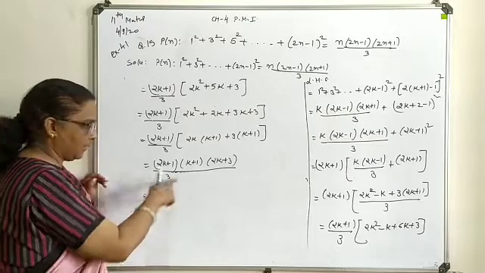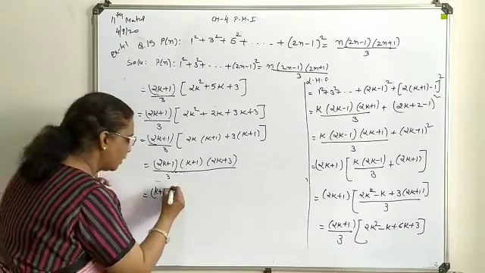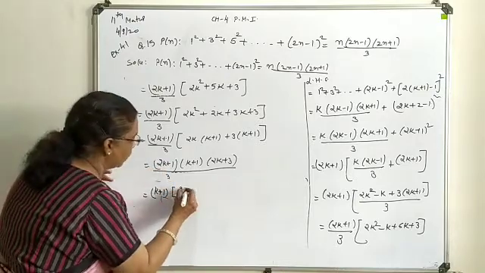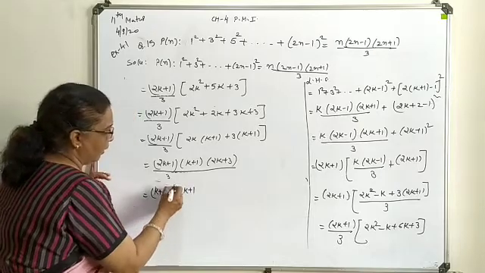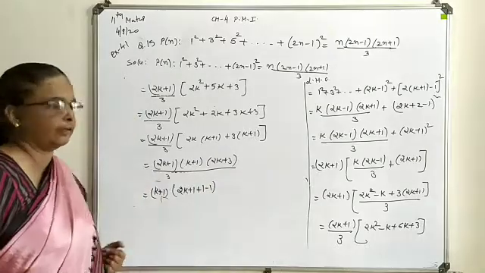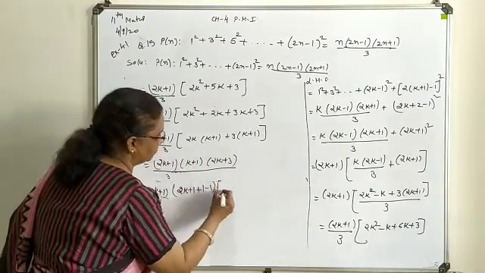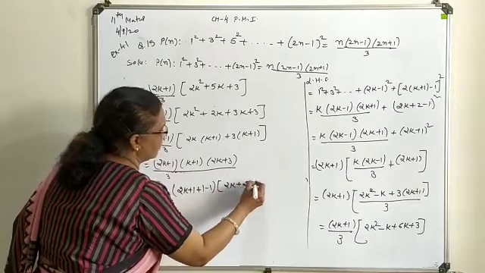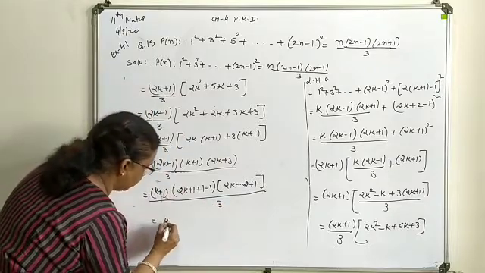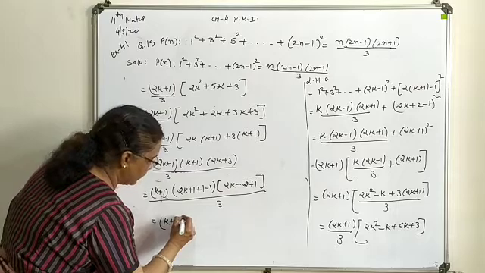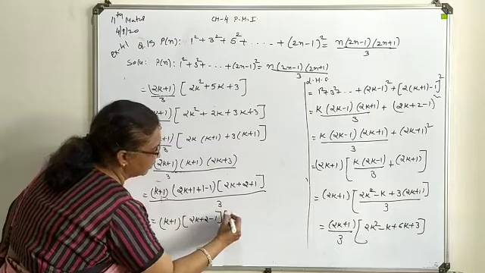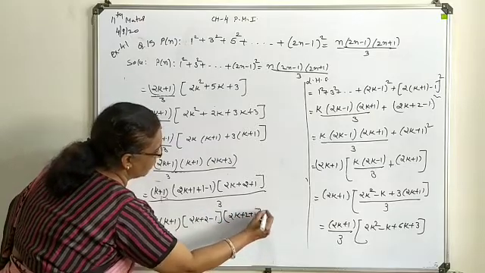So this is n, meaning k plus 1, this you will occupy at the first position. Secondly, this 2k plus 1 we can write, as 2k plus 1 is already available, minus 1 is required there, so plus 1 minus 1 from our side to generate the required form. Last one is 2k plus 3, meaning this much you will have, whole divided by 3. So this is your k plus 1. It in turn is 2k plus 2 minus 1. From here also 2k plus 2 plus 1, whole divided by 3.